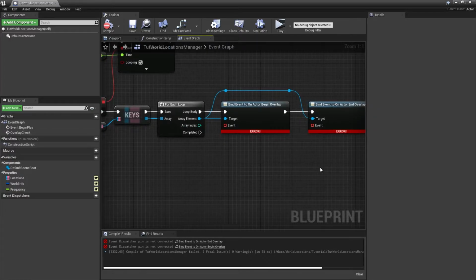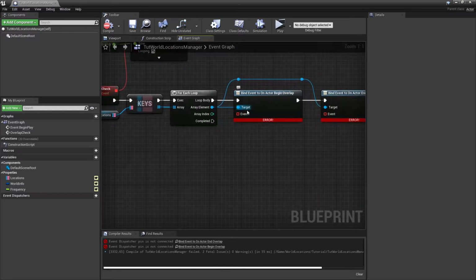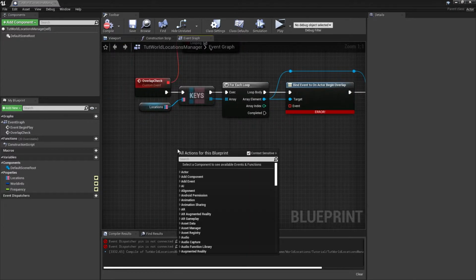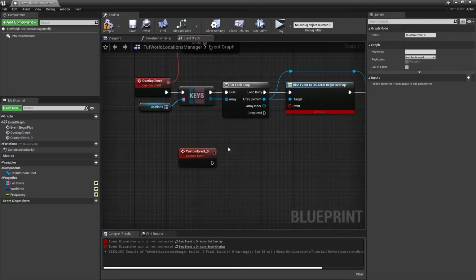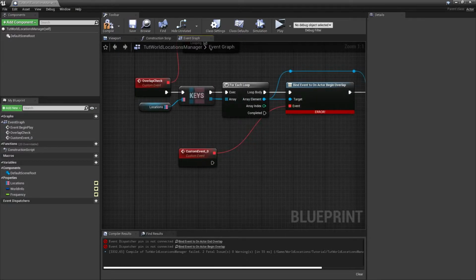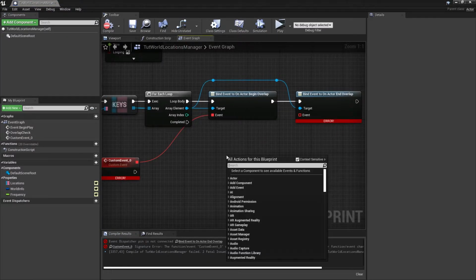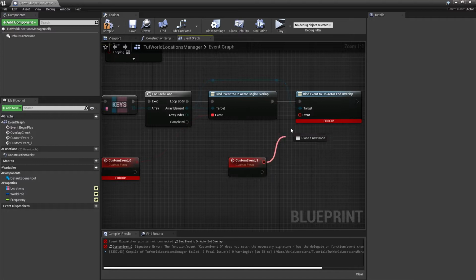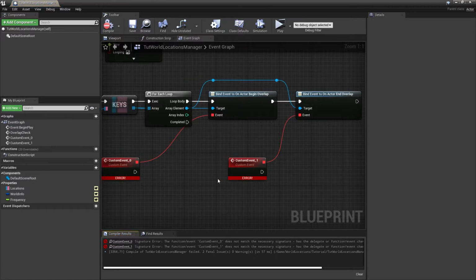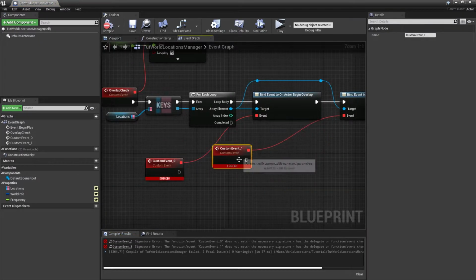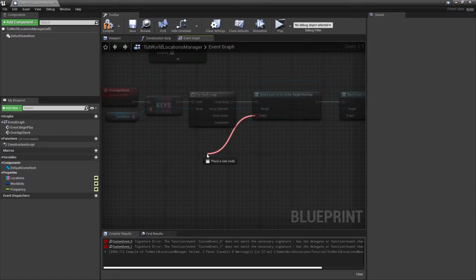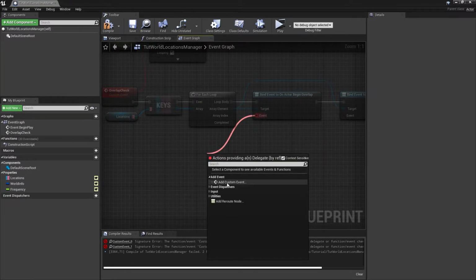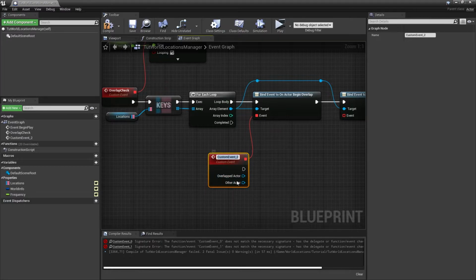That's how it works, and that's great. So for the first one, from the event we drag out. You have to do it this way because you can't just use a custom event here and connect it. You will notice it gives you an error, like I'm going to do the same thing here with a custom event. As you can see, it's still giving errors because these are incorrect types. That's why we just have to drag from the event, add custom event, and now we gain these,